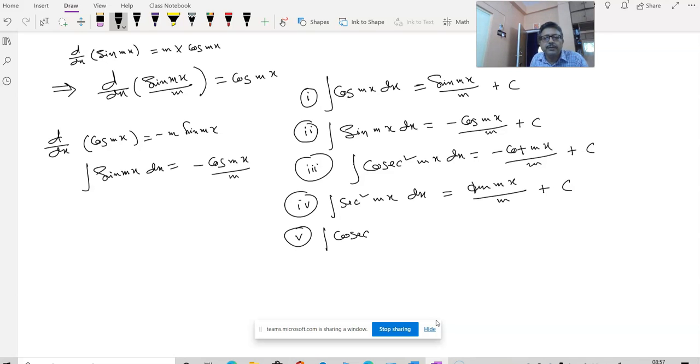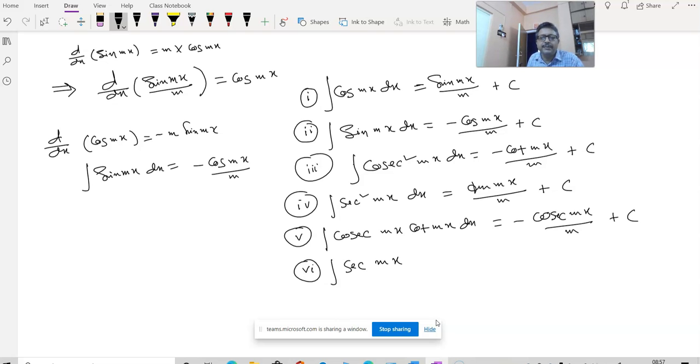Integration of cosec mx cot mx dx will be minus cosec mx by m plus c. Every time it is just being divided by m. Sec mx tan mx, this is going to be sec mx by m plus c. Okay,